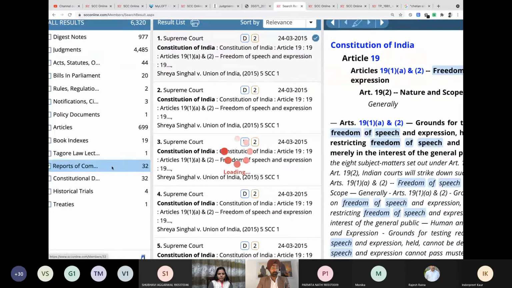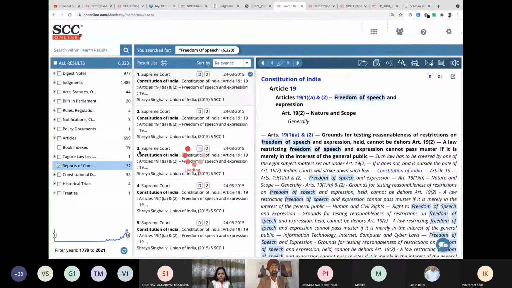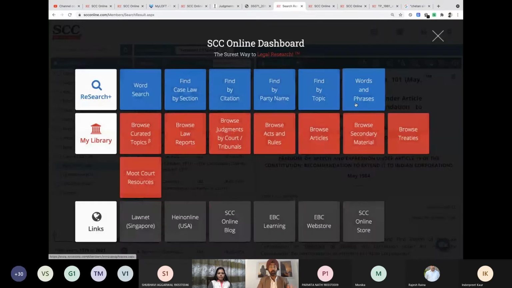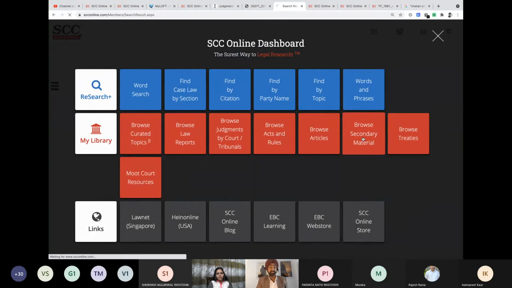If you click on only, you'll get all your Law Commission reports and all available over here. That's one way of searching, topic wise. However, if you want to see all the Law Commission reports, then we come to this browse option. So when you click on browse secondary materials, because this is a secondary material,